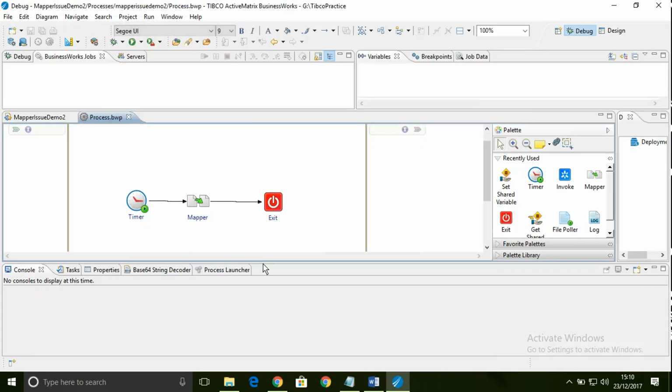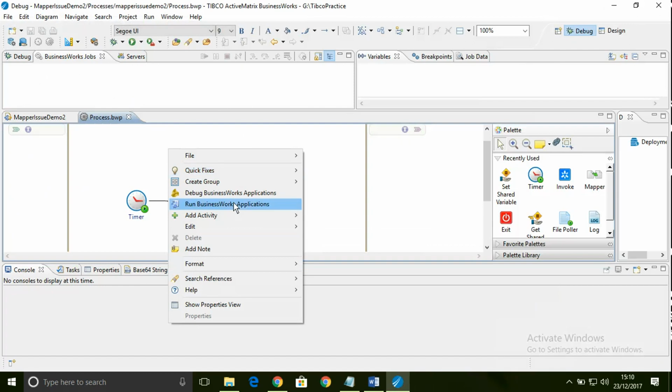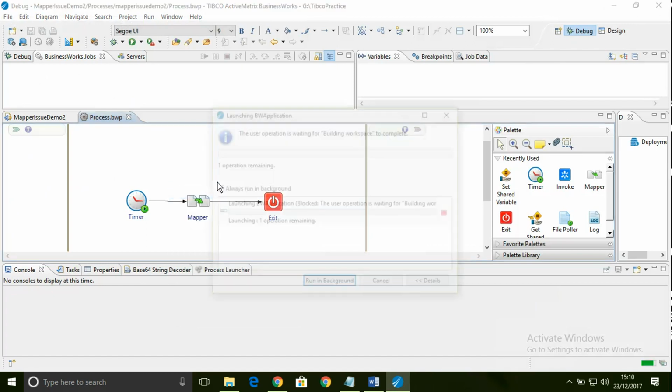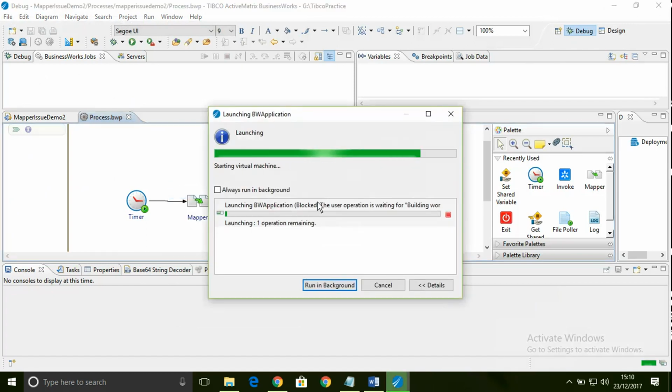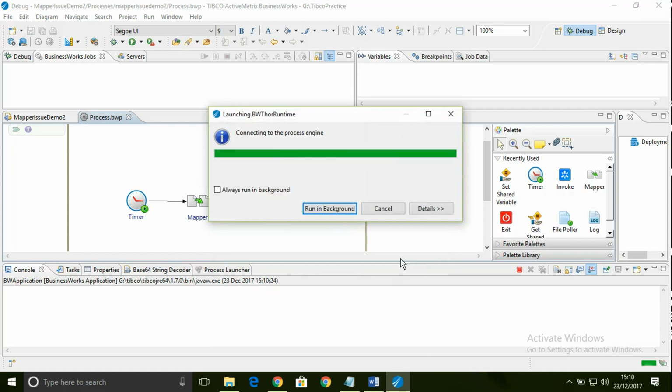Without refactoring, if you try to debug that, definitely you will get the error again. So don't debug that immediately, but refactor and then debug.